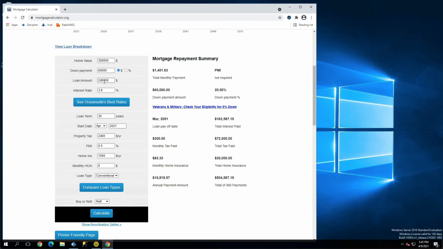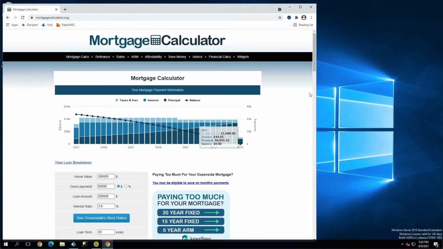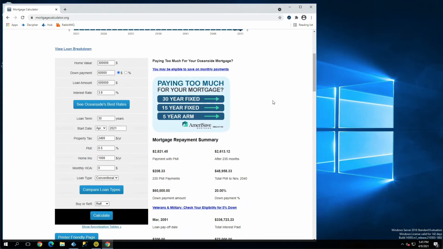For our purposes, let's take something like the loan amount. I'm going to change that to be $500,000. We click the calculate button. The page reloads. You can see things have changed a little bit. This right side moved a bit. There's a new ad, but there's a loan here. The monthly payment is there. It happens to include things like property tax and home insurance, but for the purposes of this, let's just run